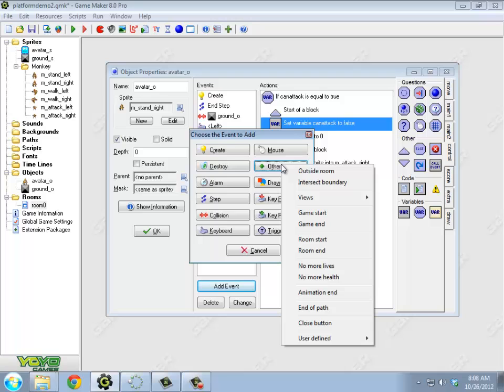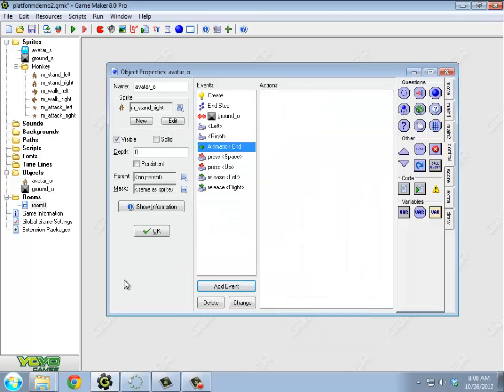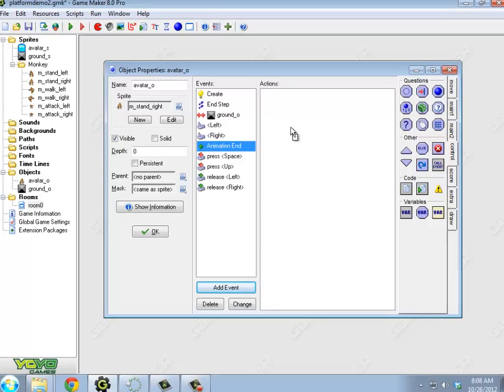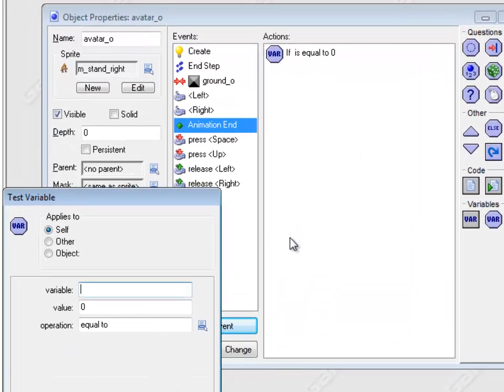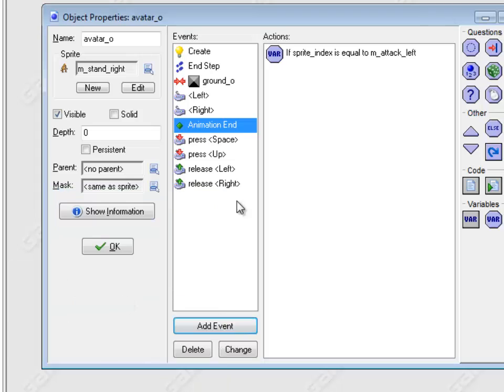I need to use an animation end, which is under other. And I need to test which sprite I am. It turns out you can find out which sprite you are by checking your sprite index. Sprite index is a built-in variable, sprite_index, and that has your current animation sprite. So whichever sprite I am is contained in this value. And I can ask, hey, are you, let's see, M attack left? So if my sprite index is M attack left,